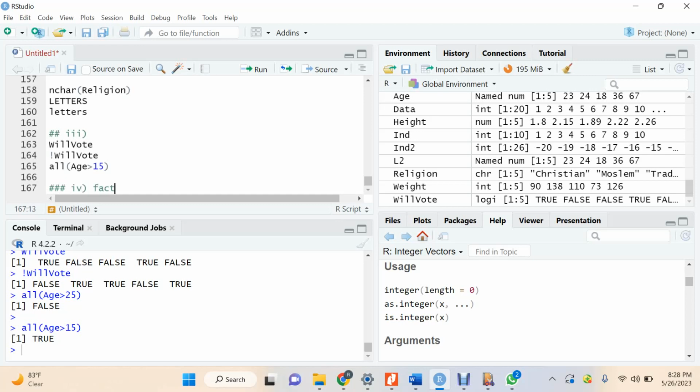Factors. So I said earlier that in some books, factors are maybe considered as a data structure, right? But here we consider it as a data type. Okay. So basically, factors help us to create data that can have a level of measurement